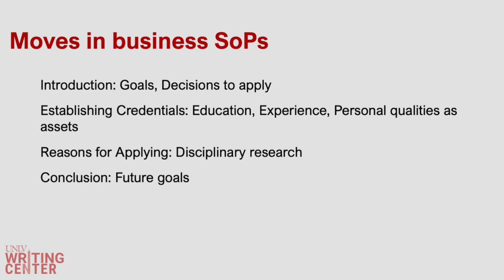You will establish your credentials by describing your education and work experience. And then you will begin to make connections as you link your reasons for applying to the positive gains you will have from working in this program and university. As we said before, this means further research into the university for more program details. And finally, in the conclusion for a business statement of purpose, you will continue to make connections across your paper by highlighting your future goals.